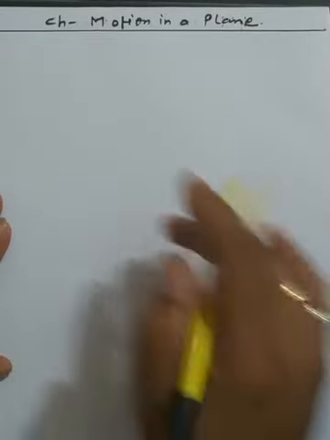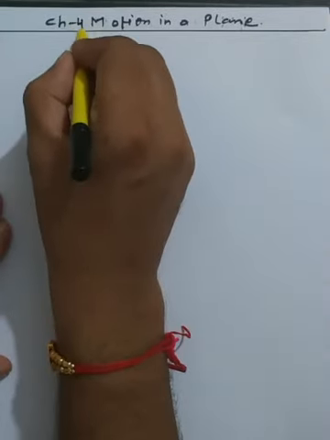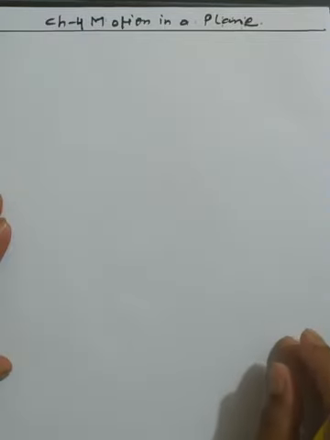Now, dear students, we have chapter number 4, motion in a plane, and in the last lecture we have discussed some types of the vector. Now here we will discuss how we can use vector algebra in the addition, the subtraction, and the multiplication. So today we want to discuss the following topics.